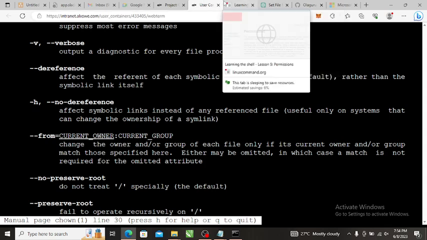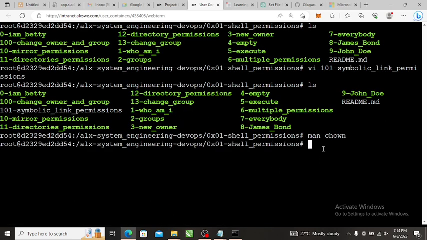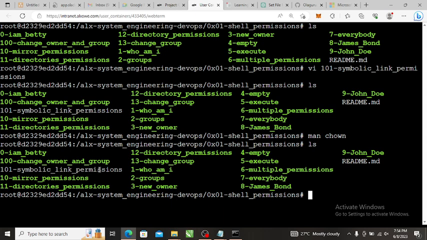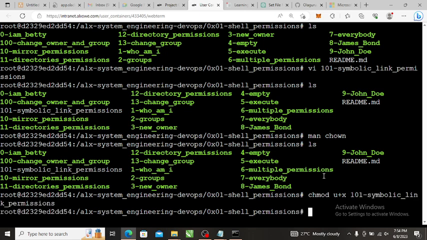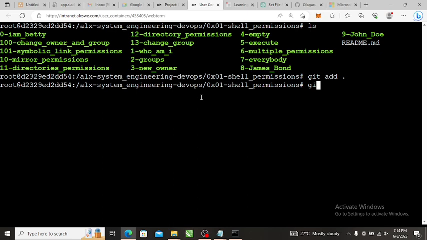Okay, so then you press the Q and then ls again. Then let's execute this one, right? So we change the mode, we add u plus x for 101, right? Let us clear it and ls. So 101 is correct. Then we git add it, right? And then git commit with a message saying